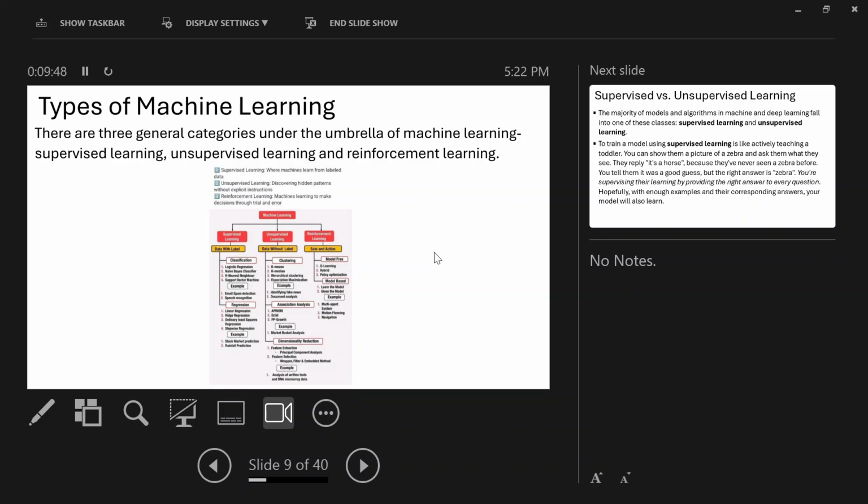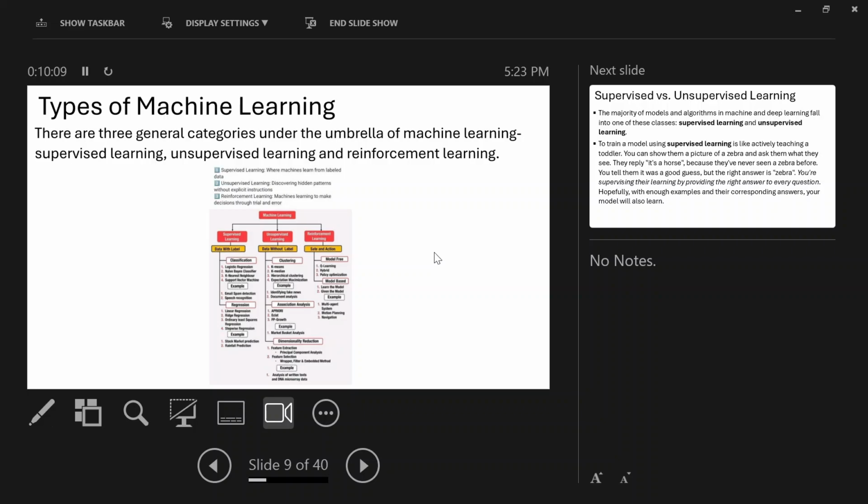Because without data, data was like the whole field. So within that you have AI. So we said that AI is about giving machines the cognitive ability, like reasoning, problem solving. That's AI.